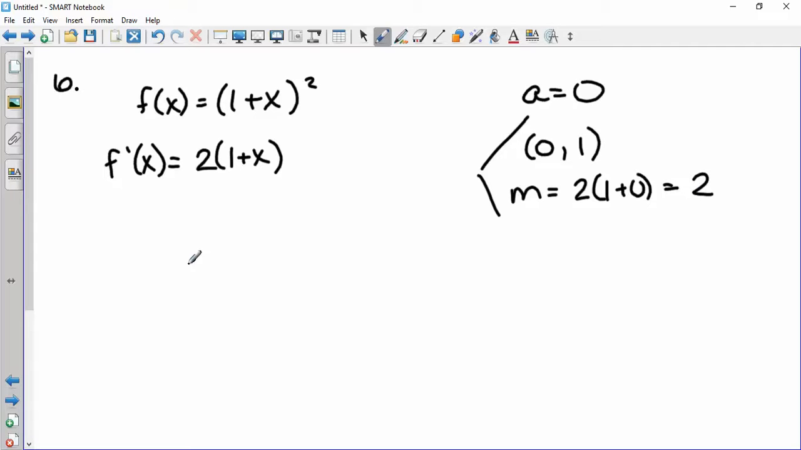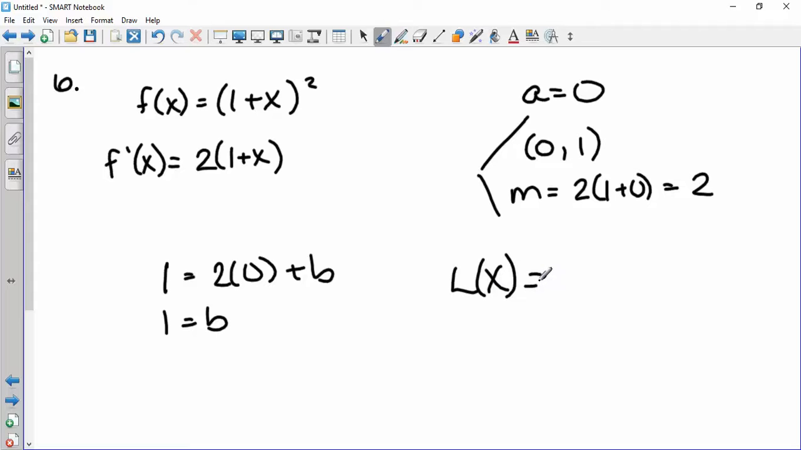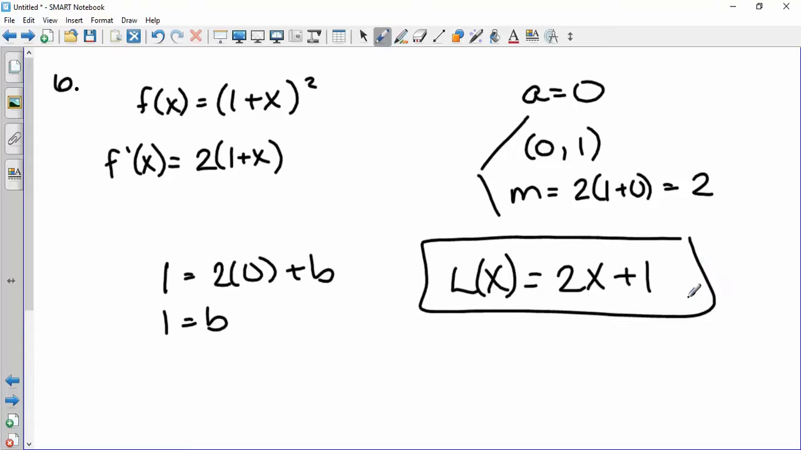So now we write the equation of the line. Plug into y equals mx plus b. y is 1, m is 2, x is 0, plus b. So we get that b equals 1. So typically, instead of saying y equals, we use L of x for linear approximation, but it's the same thing. It's just the line, m times x plus b. So the linear approximation is 2x plus 1. So linear approximation just means the equation of the tangent line. You need a point. You have to do your derivative to get your slope, and then you write the equation